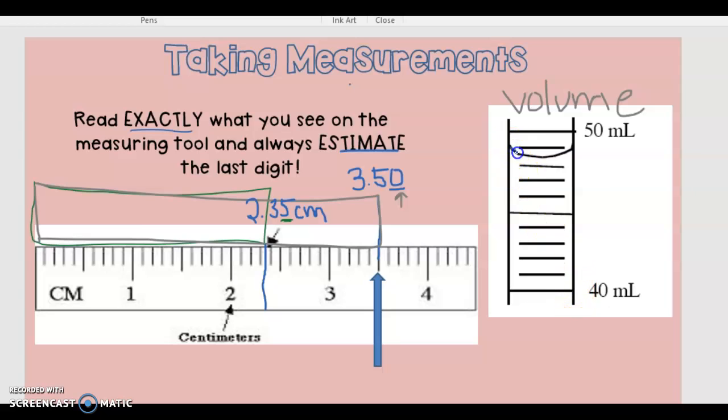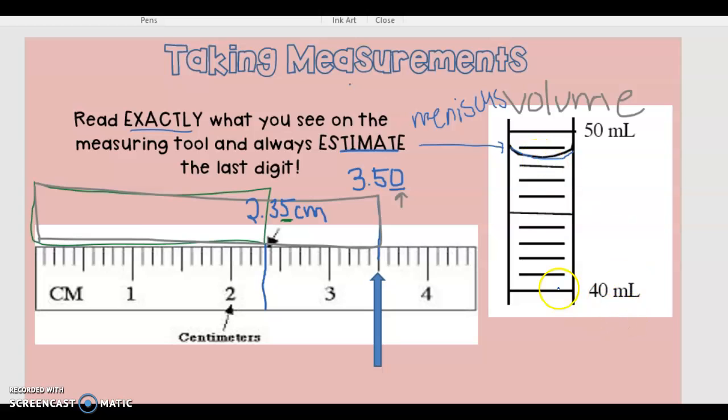So let's say my liquid is right here, in my graduated cylinder. I guess that's 40 milliliters, so we wouldn't really have the base right there. Okay, so I've got my water or whatever substance in my graduated cylinder. It comes all the way up here. That curve in the graduated cylinder is called the meniscus, if you remember that. It's called the meniscus. So what I'm going to do is I'm always going to read my measurement at the